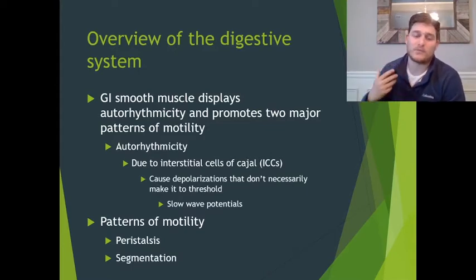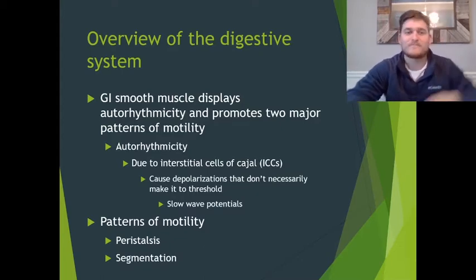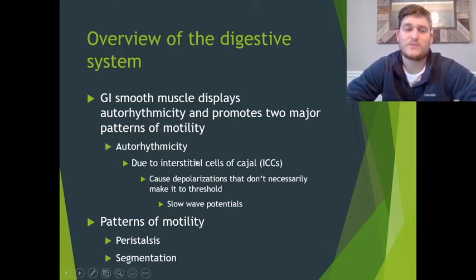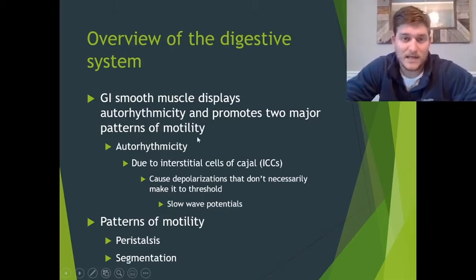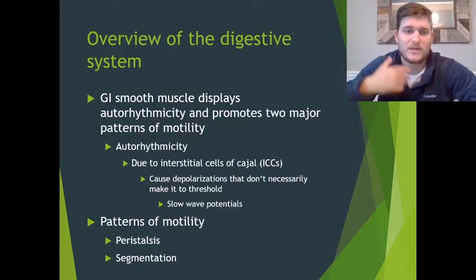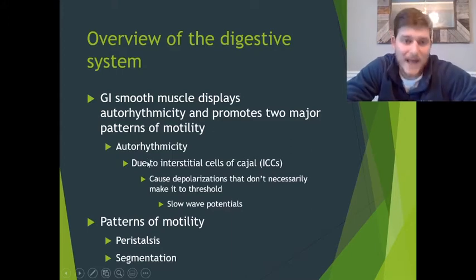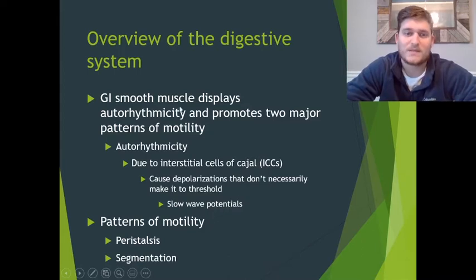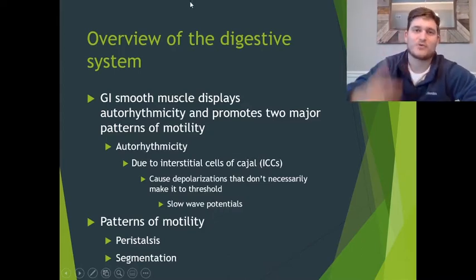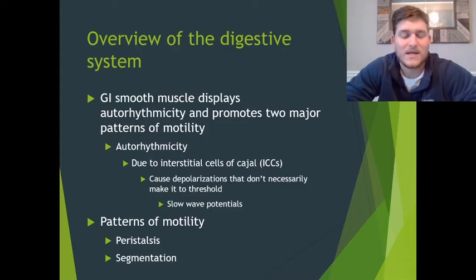But the movement of food through the gastrointestinal tract is going to be due to the contraction of this smooth muscle. And smooth muscle throughout the GI tract has this autorhythmicity. So it is going to contract due to these cells called interstitial cells of Cajal, which create depolarizations that create patterns of contraction throughout our GI tract. And we're going to talk about two of those patterns of motility, two of those contraction patterns called peristalsis and